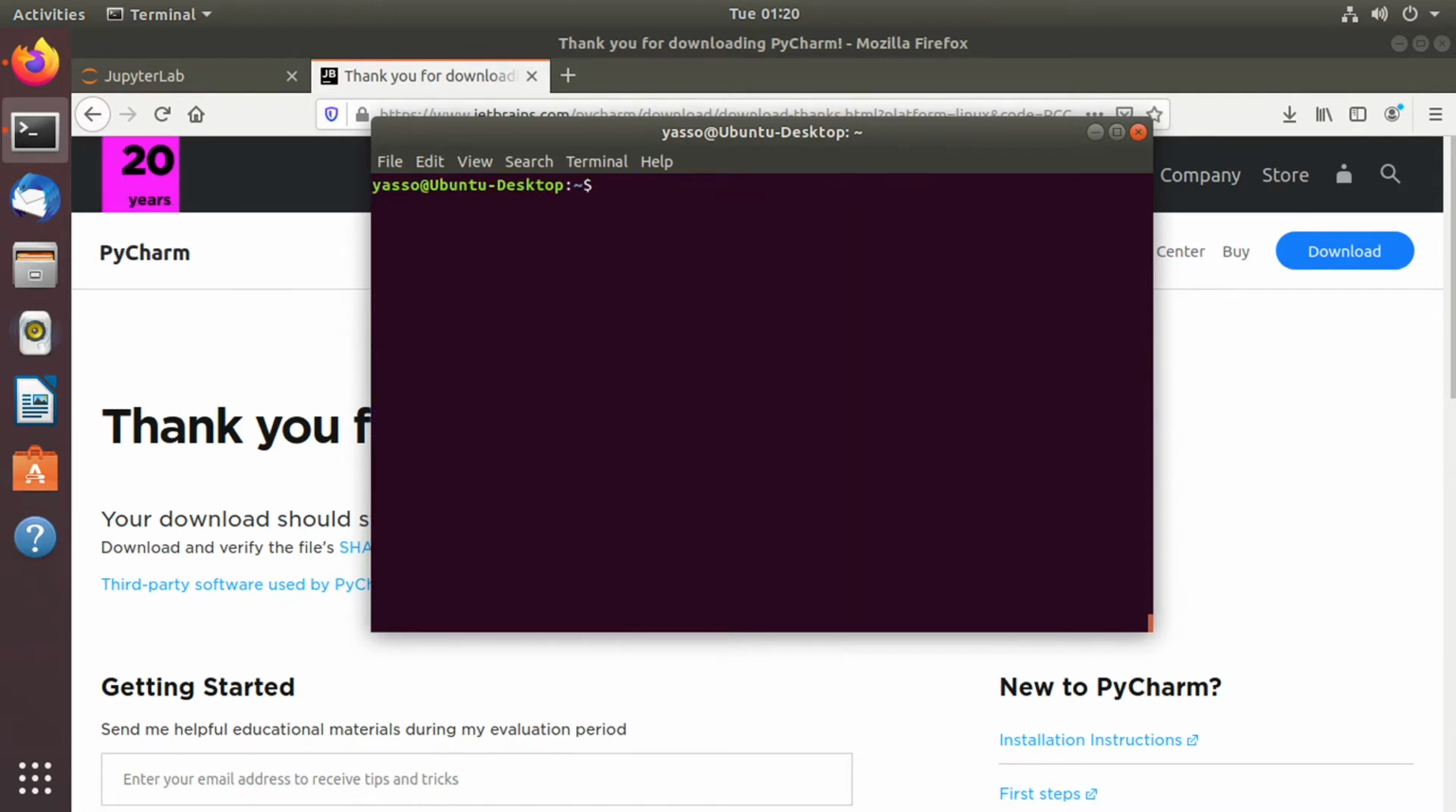Okay, now we have to install PyCharm. The downloaded file will be in the download folder. To install it, we will type sudo tar xzf, the downloaded PyCharm file, -C /opt. Okay, now if we list,